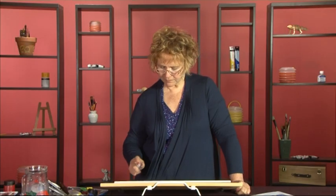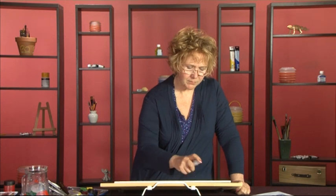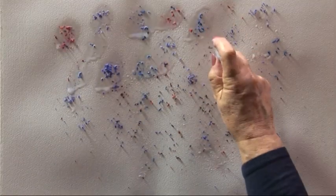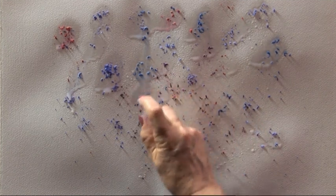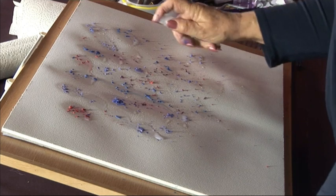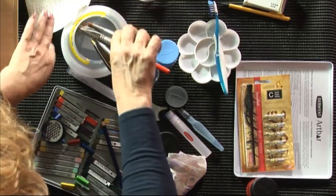Once they've all dissolved a little bit, I'll get the spritzer in really close to the pigment and try and get it to dissolve a little bit more. Then I'm going to use a flat brush and work into all this lovely wet texture and try and create some delphiniums out of all of this. So, great fun to use. Right, using a flat brush,